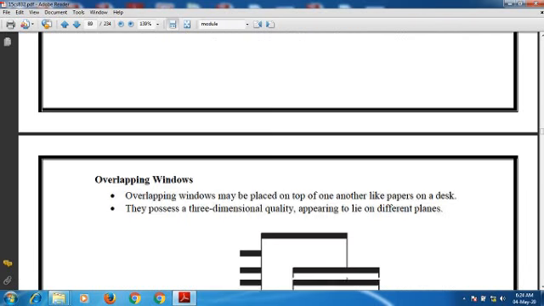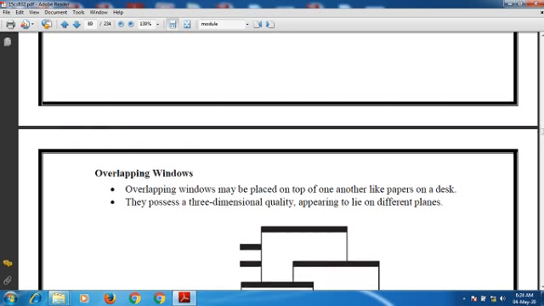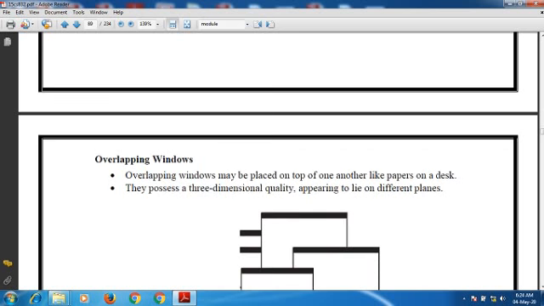The next one we have is overlapping. That is another type of how you organize these windows. Overlapping windows may be placed on top of another window, like a paper on a desk. They possess a three-dimensional quality, appearing to lie on different planes.